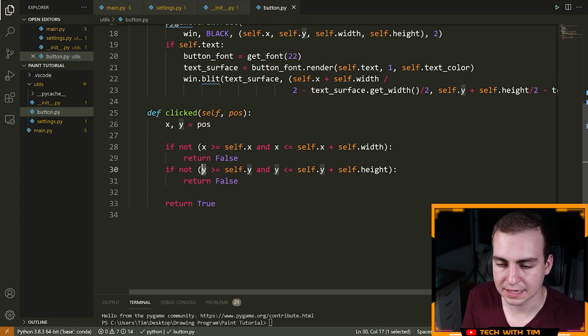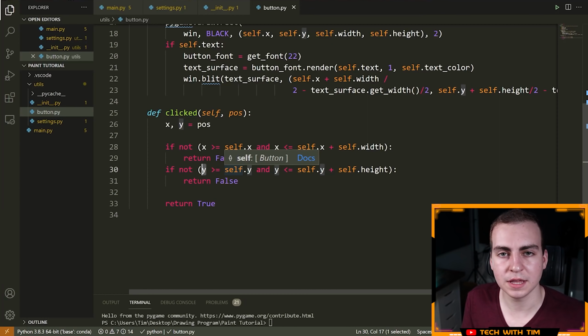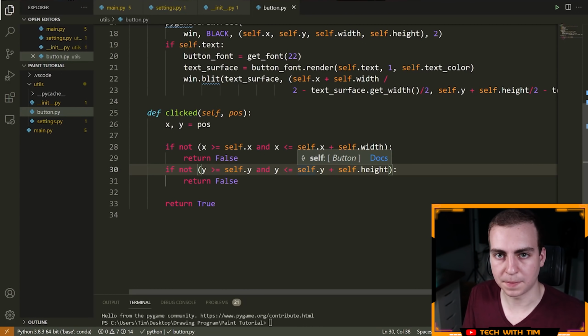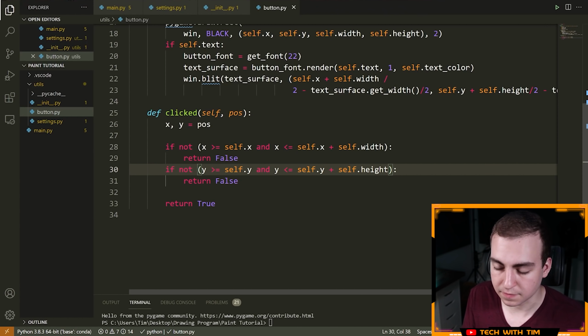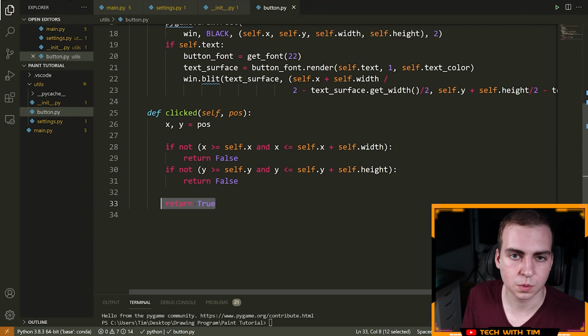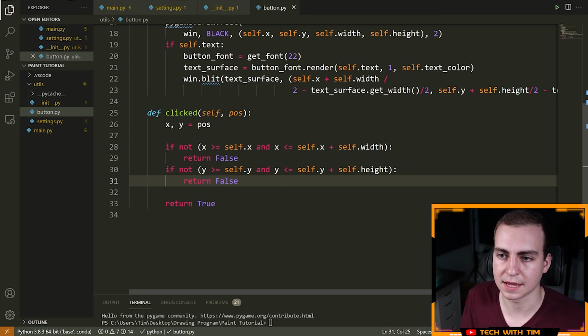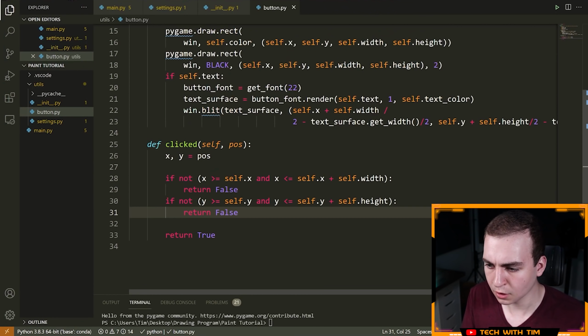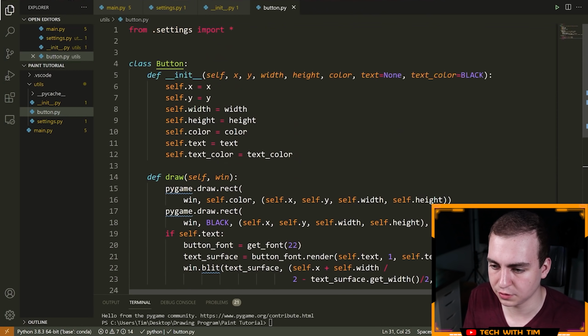We're checking, is the Y position greater than or equal to the Y position of the rectangle, and is the Y position less than or equal to the bottom Y position of the rectangle? If that's not the case, then return false. Otherwise, we return true. We did our two checks. Yes, we have clicked this button. Okay, that's about as much of an explanation as I can give you there. That is how you check if you pressed the button.